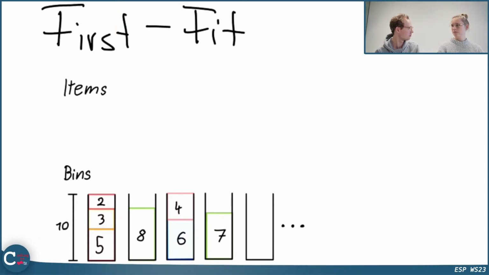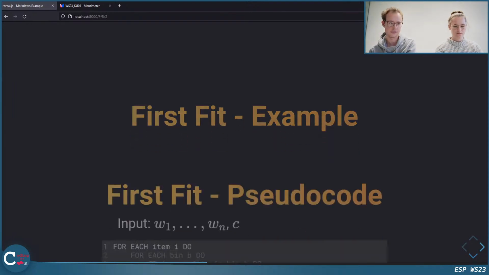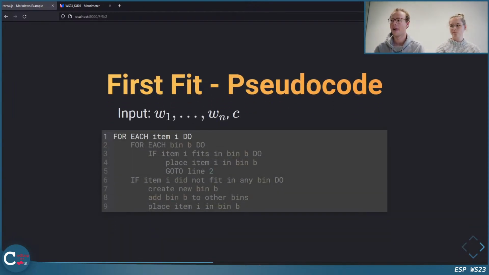Okay, we also look at the pseudocode next. So we go back here and we go to the pseudocode now. And again, we have the same input. And as mentioned before, we should also include the n into the input. And now I've written the pseudocode a bit differently. We just say now for each item I, we do something. So implicitly we say we do it for I equals 1, I equals 2, until I equals n.